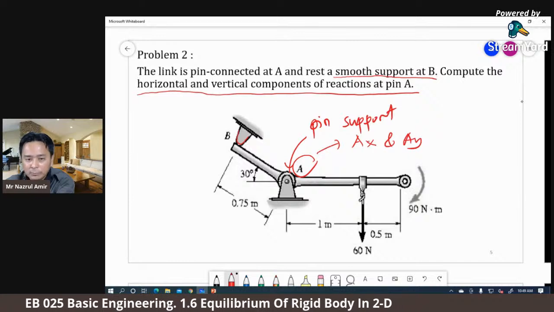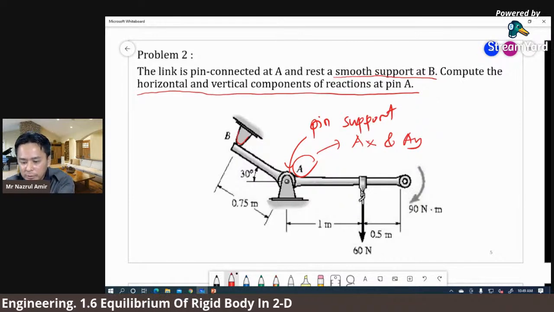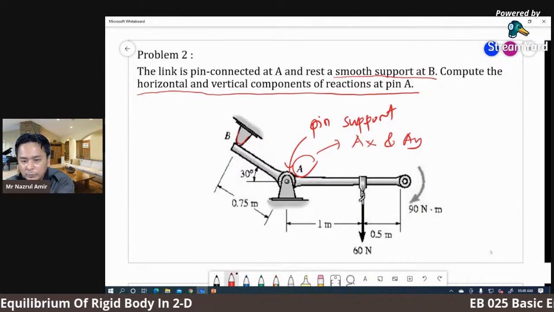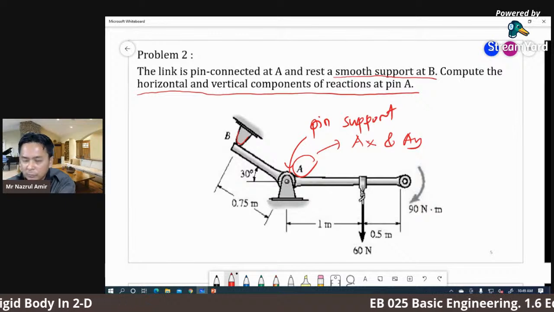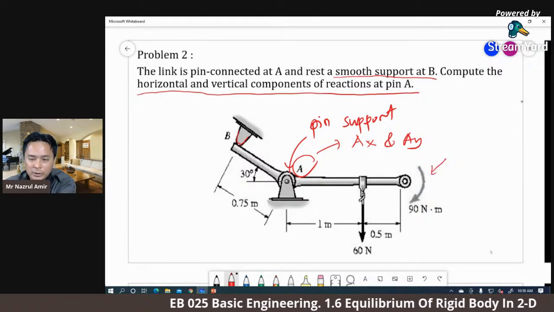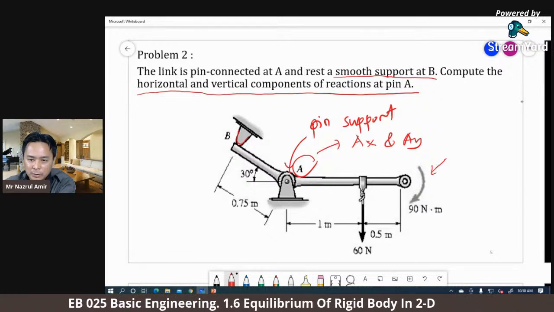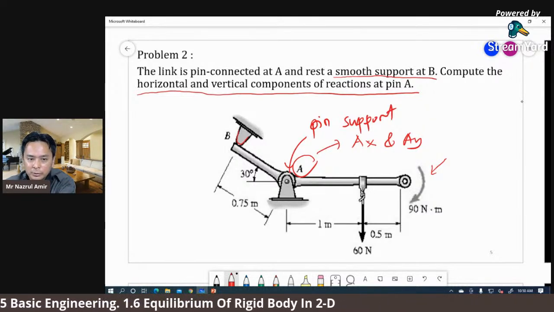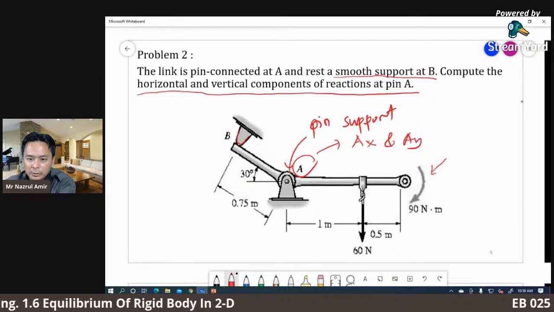Okay, first thing first, FBD. So without wasting any time, proceed with the free body diagram. One more thing. Here it gives you extra information, not extra information. This is what we call couple moment. Okay, sometime in the rigid body equilibrium,